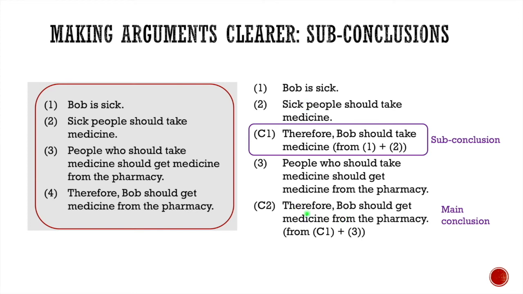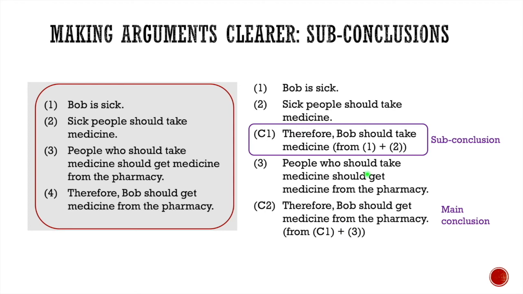And then the same thing for this main conclusion. Here I have this note. It's from C1 and 3. So that means I'm only intending for you to look at these 2. And just by looking at these 2, you can see that you can infer this conclusion. So I can ignore these 2, and I'll just look at these 2. Bob should take medicine. People who should take medicine should get medicine from the pharmacy. And here it's pretty easy to see that those 2 do imply that Bob should get medicine from the